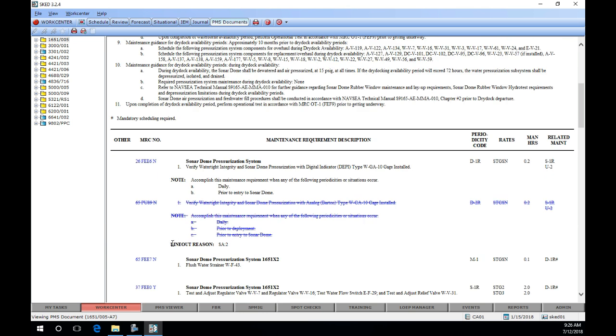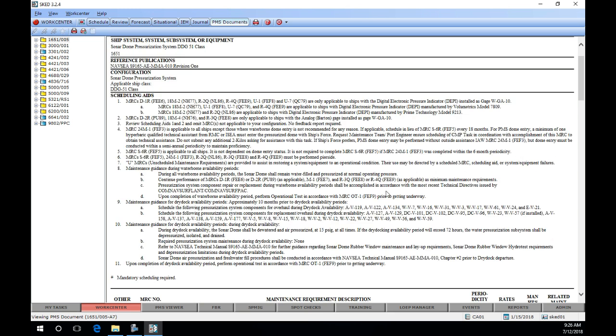From this MIP, we see that the D2R has been lined out using scheduling aid number 2. Now let's review the accuracy of this line out by reading the details and guidance of this scheduling aid. Scheduling aid number 2 states, MRC's D2R, 18M4, and DAR3Q are only applicable to ships with analog Barton gauge installed